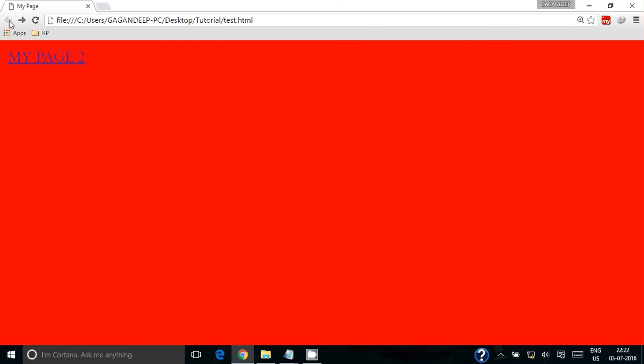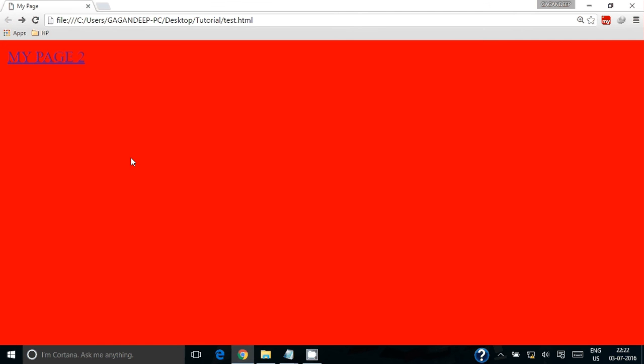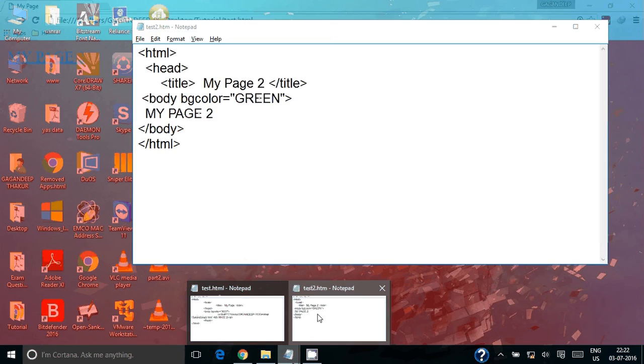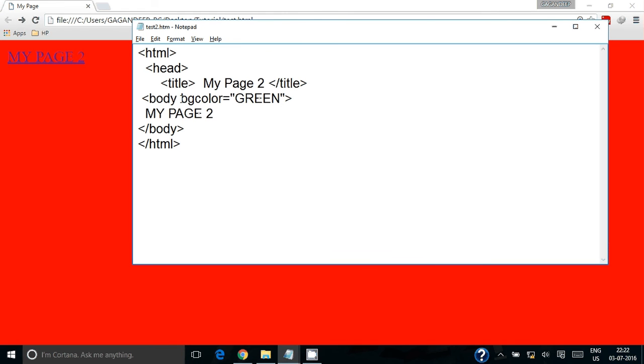When I click on this, see, it's automatically going to the page where I have saved the settings. If I go back and click on it, it will come to this page. So this is all about hypertext, and you can do many things with hypertext. As you have learned about hypertext, let's do something innovative with the background in my page 2. Since in my page 2 it's background, I'll name this as